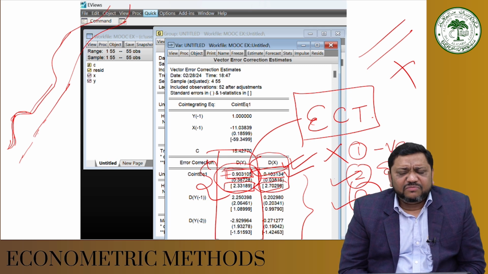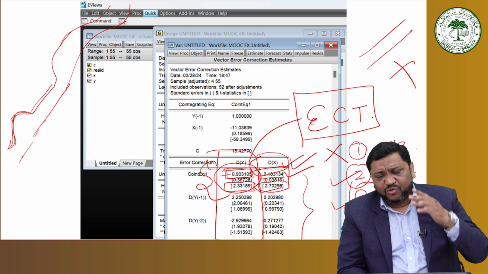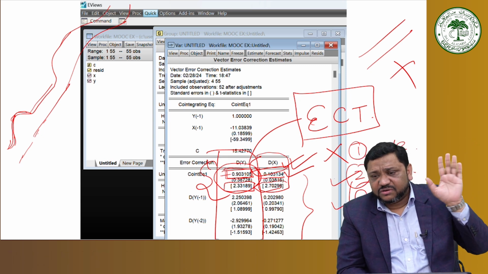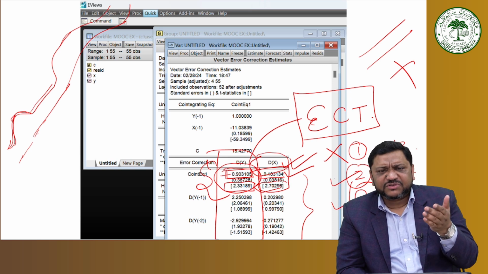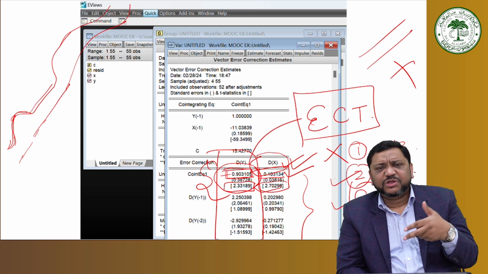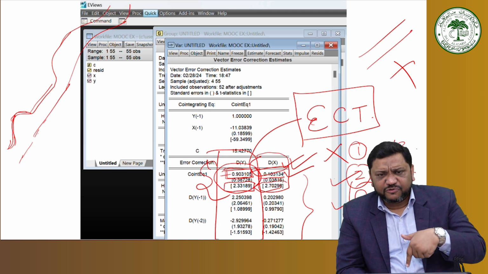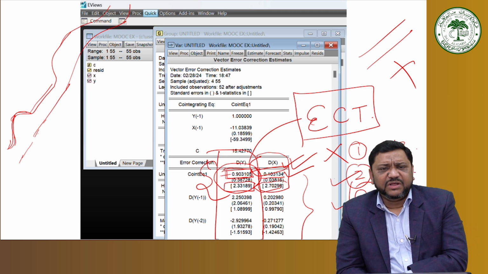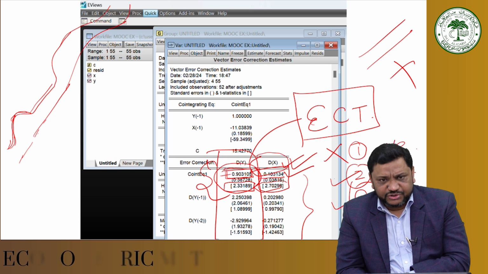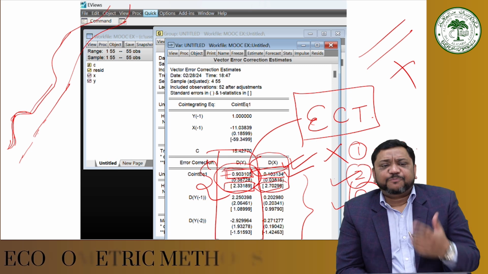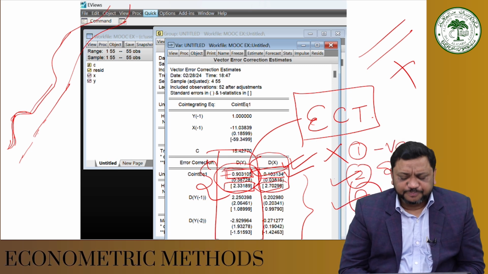Now, if your work was only restricted to this, you can go back to the previous slides, where you selected option 3 and 4. So now you select option 4 and redo the process up till here. Maybe you will get a result. If in any case you are not getting a result, you cannot prove that there is a long run relationship over here. And if suppose you have got the result,